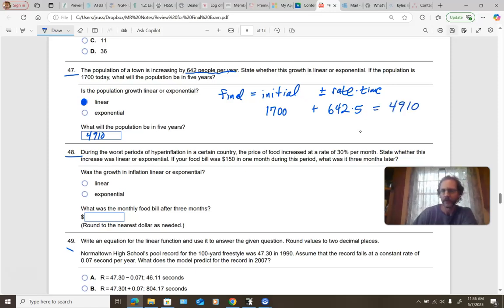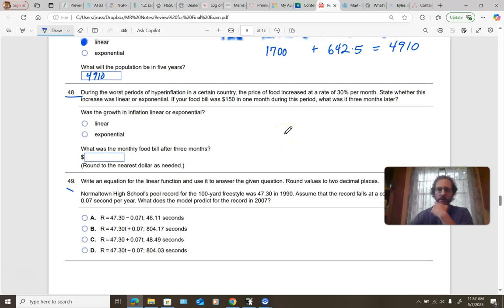Okay. All right. So I'm trying to do one of each, guys. So this is an example of linear growth or decay. So remember this formula. Go back and look at your notes if you need to. Now the next one is going to deal with